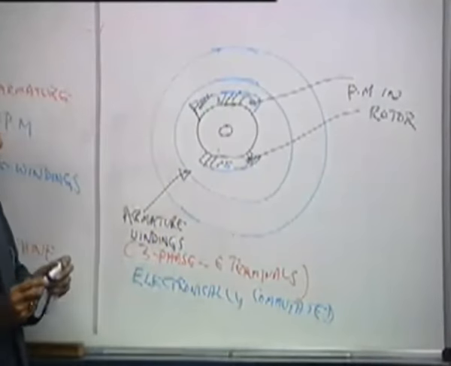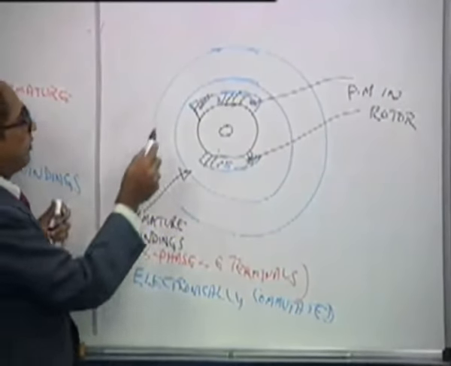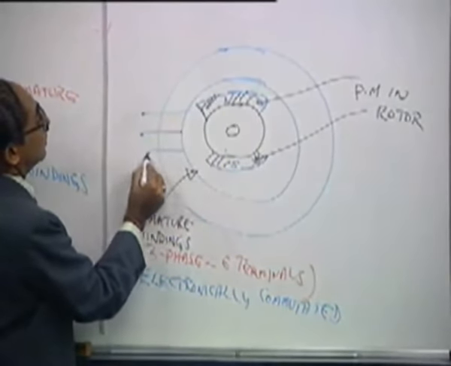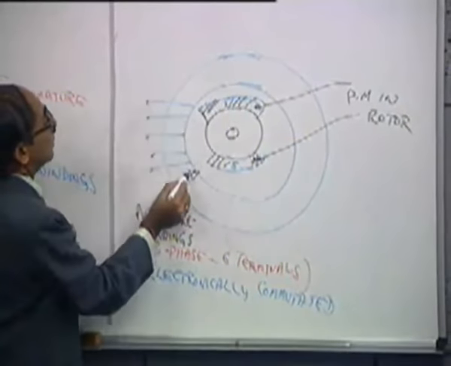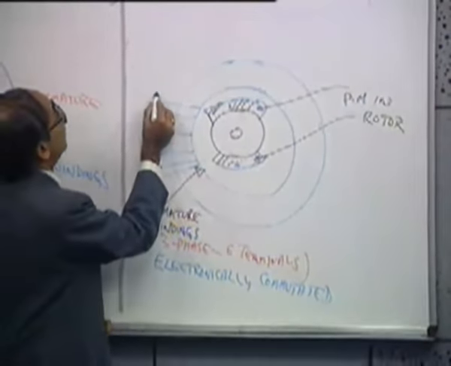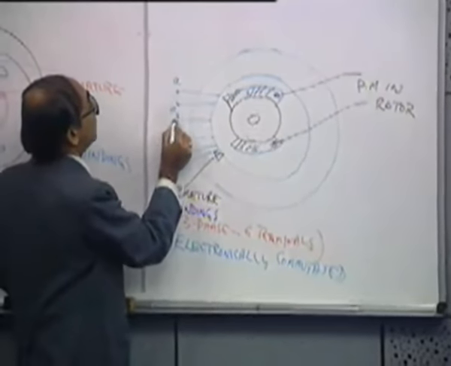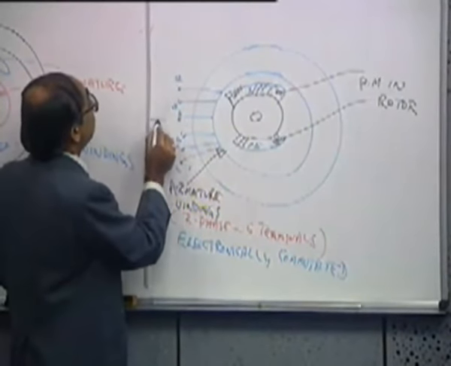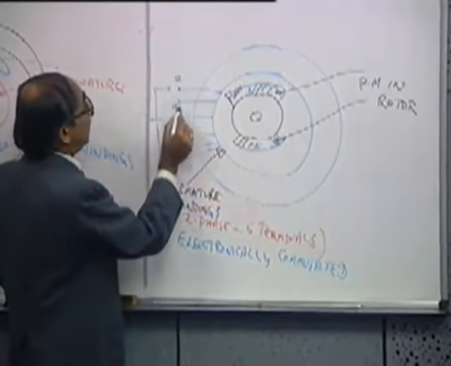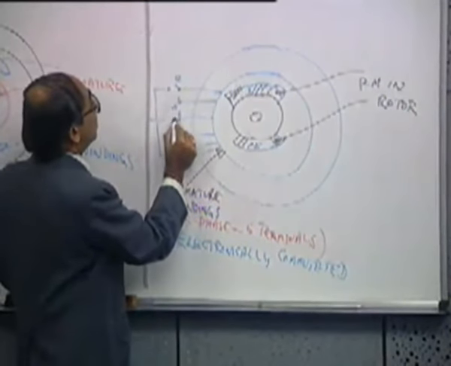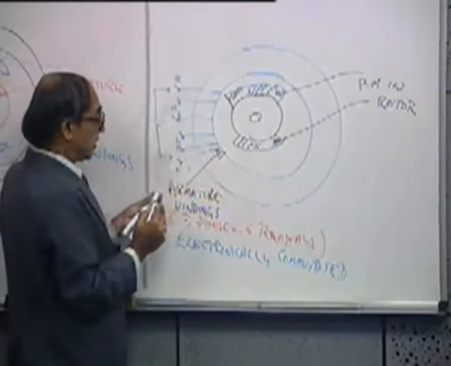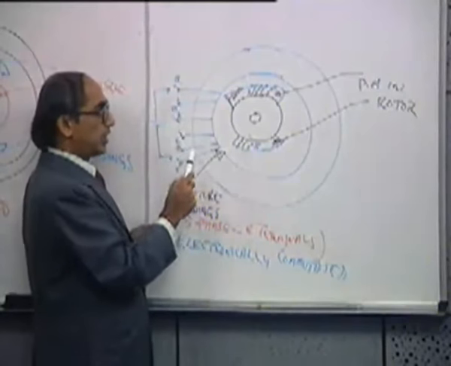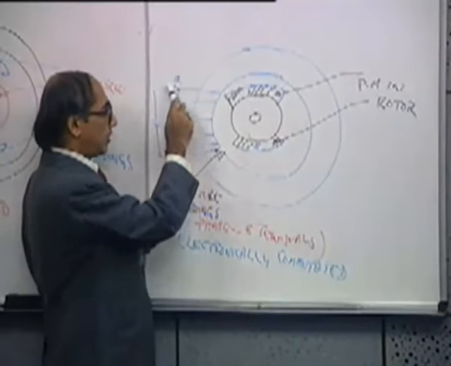These are electronically commutated. That means the windings which are brought out, the terminals are brought out. Let us say 6 terminals, 3 phase. Let us say A dash, B dash, and C dash. And if you have a DC supply, these are switched at suitable instants to make sure that you switch the windings in the stator at appropriate instants such that the armature field